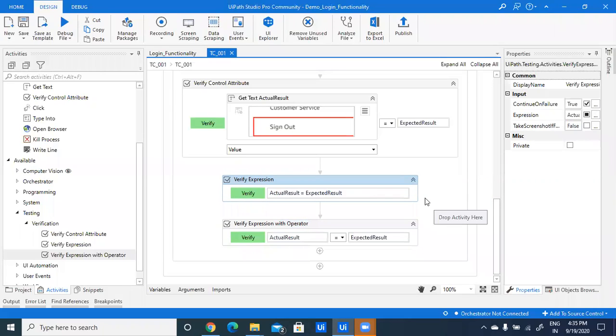I'll just add to that, Soni. Ranjit, basically what happens is when you verify something using our verify attribute or expression, any of these verification activities, there will be an automatic info log generated saying that this particular expression passed. Your assertion, as you say from your TestNG analogy, when it's passed, it is going to generate that it passed and why it passed, because this value was equal to this value.